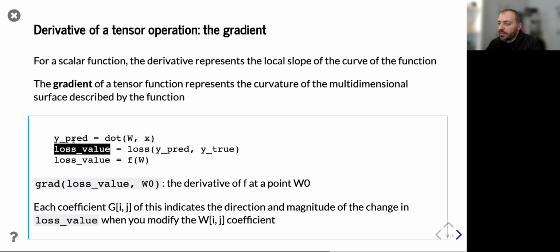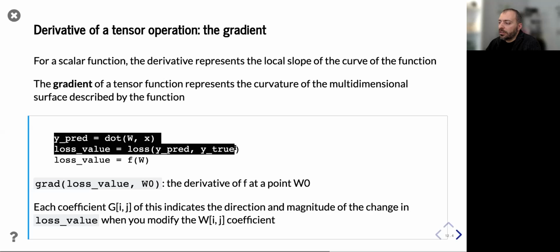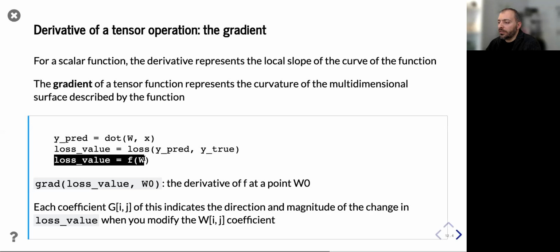The good thing is that these two lines mean that we have the third line, which means that the loss function is actually just a function of W, of the weights. And since all the operations that we apply are differentiable, this means that we can get the gradient of the loss with respect to the weights. And again, the gradient indicates the direction and the magnitude of the change in loss value when we modify all these coefficients, which means that for all these millions of numbers,